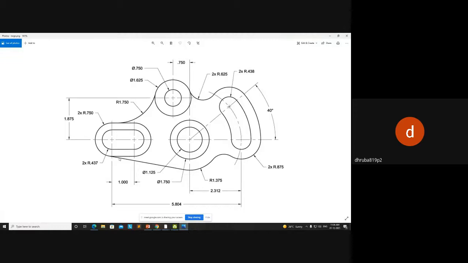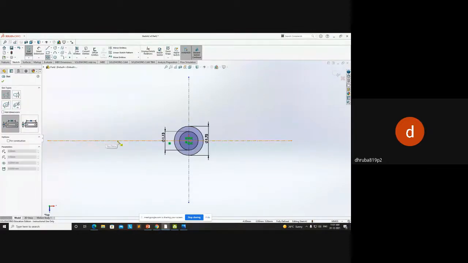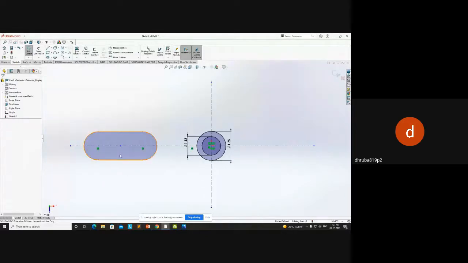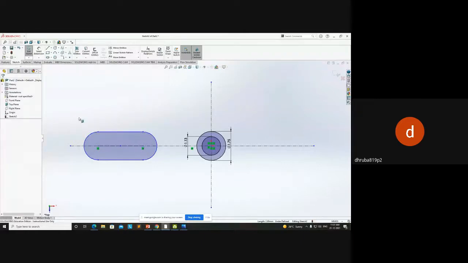Next, I need to include this slot whose radius is 0.437, and the outer radius is 0.750. I'll use the straight slot with direct dimension: first point over here, second point over here, and third point over here. Now you can see what kind of relations are added to the straight slot. You see coincident, right? If I click on this existing relation,